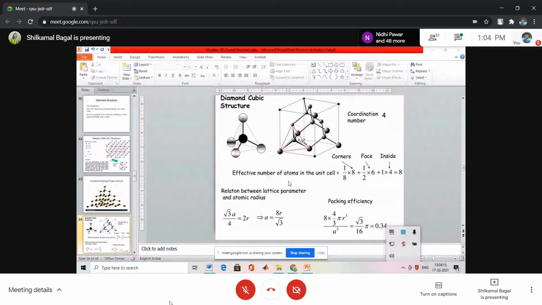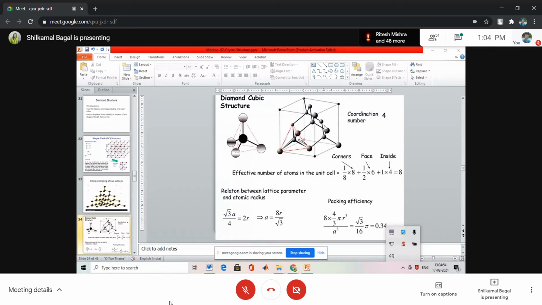Number of atoms per unit cell we have seen, they are 8. Then relation between lattice parameter and the atomic radius. So the diagonal atom is displaced by 1/4 distance of the total diagonal length of the unit cell. So if R is the radius of atom, then the distance between this corner atom and this diagonal atom will be 2R. See here, we have put the relation between them. This is 2R. If A is the lattice constant, that is the edge of the unit cell.